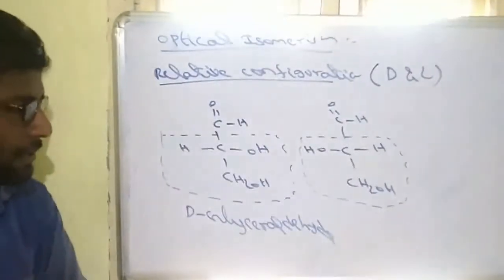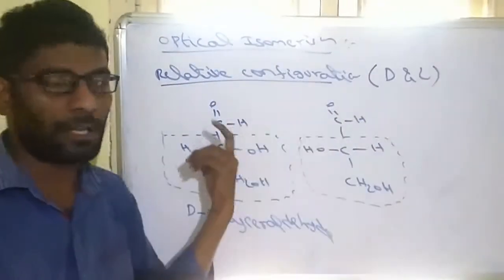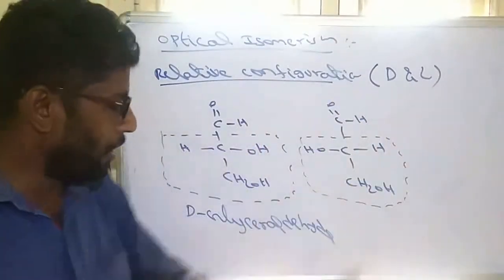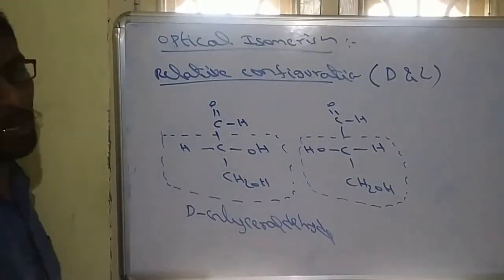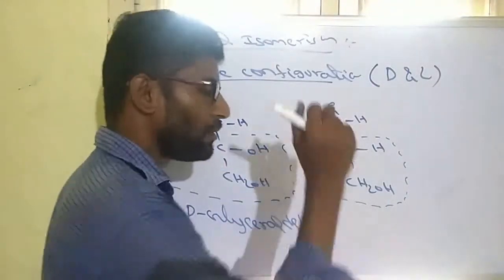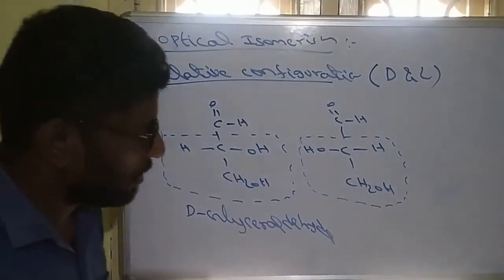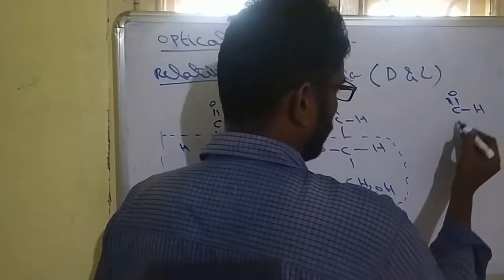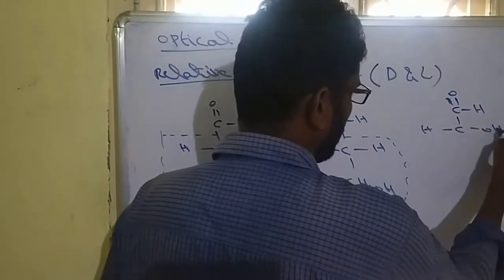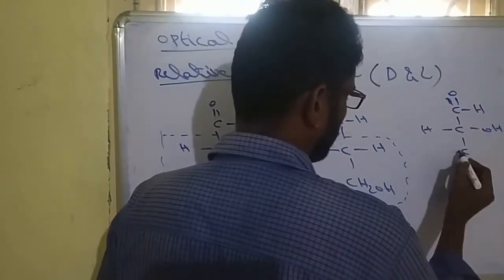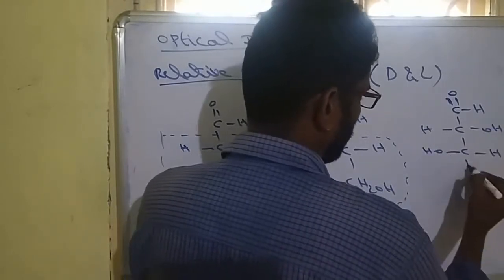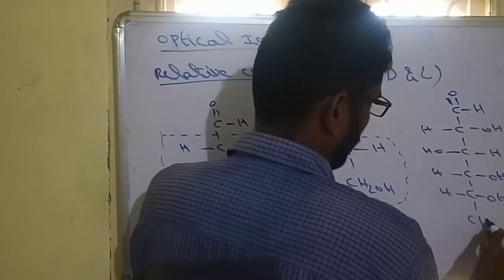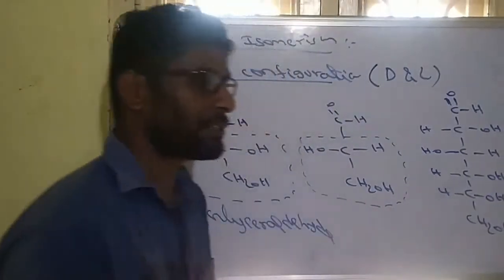we have to compare it with these two molecules. The given molecule is compared using these two molecules. If the given molecule is similar to this one, then the molecule is called the D isomer. If it is similar to this one, then it is called the L isomer. For example, we write the structure of glucose. The glucose structure should be like this, the open structure.